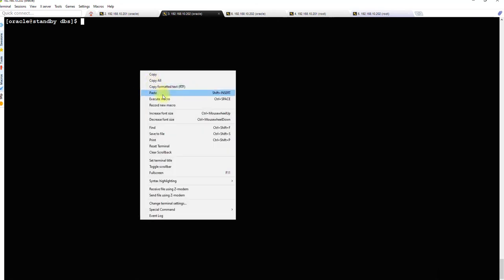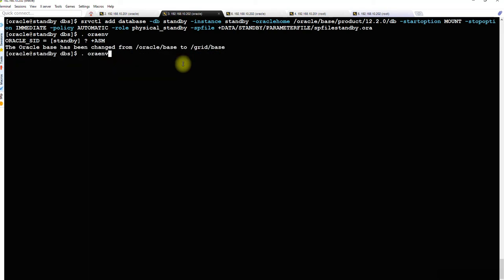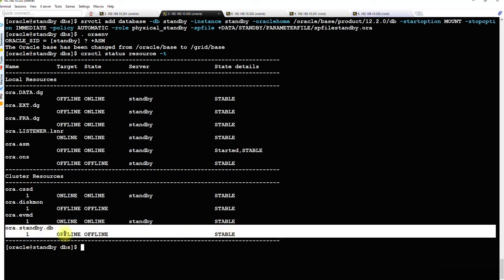We need to set up the environment variable as the database SID, okay, not the ASM. Run this, wait for some moment, let's check if it is registered. Okay, standby database is still offline.